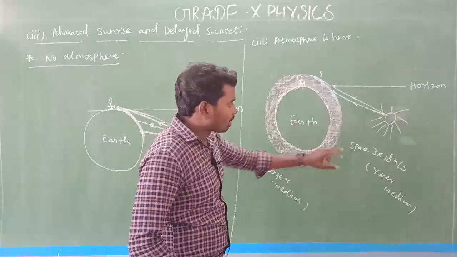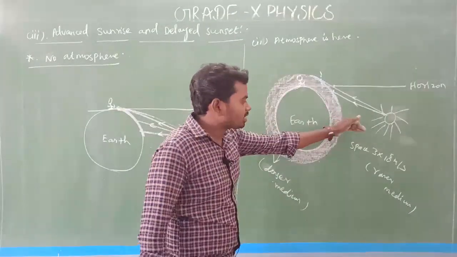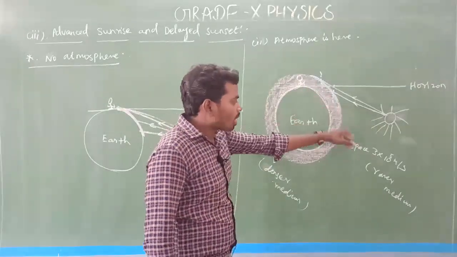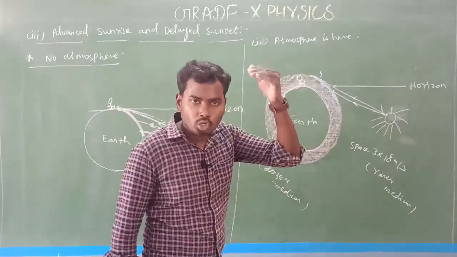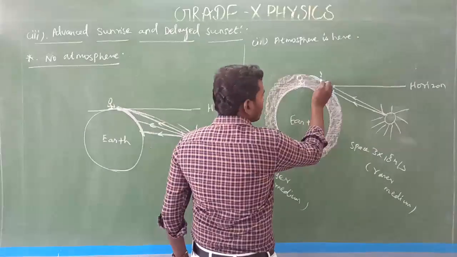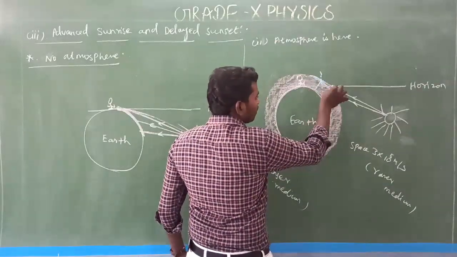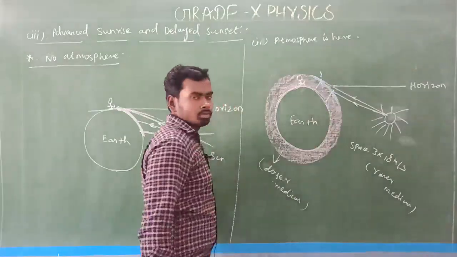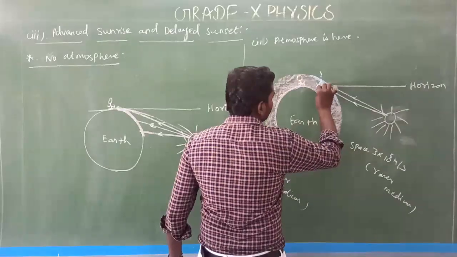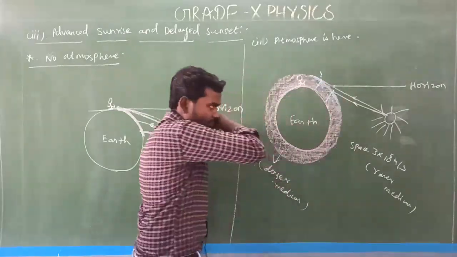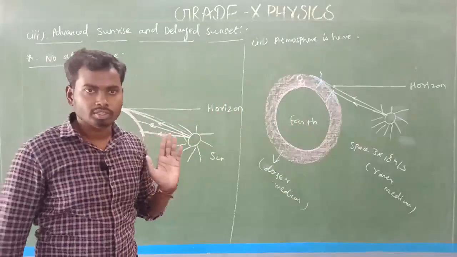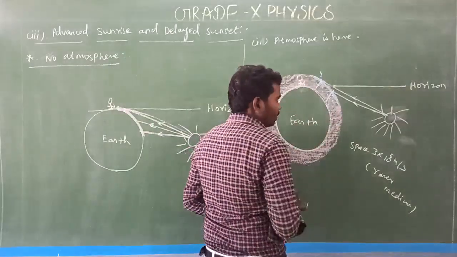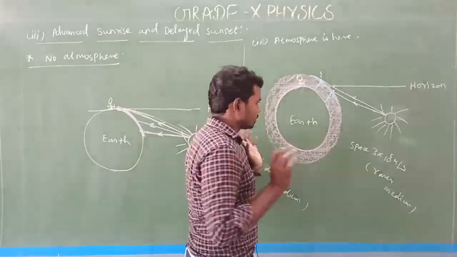Here light goes from an optically rarer medium to a denser medium, which means from space into the atmosphere. What will happen? Whenever light goes from an optically rarer medium to a denser medium, it will bend towards the normal like this. So this is one refracted ray, and that is another refracted ray. Is it clear? It's very simple. Don't be confused.